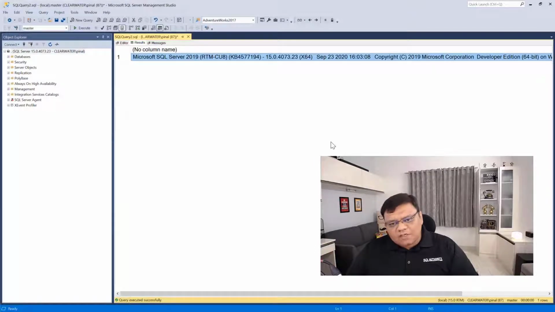Well, definitely I'm using Developer Edition, but that's very similar to Standard and Enterprise in terms of what I'm going to show you today. I know there are differences, and some perfectionists will say, oh no, they are not the same. Yes, they are not the same, but what I'm going to show you today will work the same way on them. As a matter of fact, what I'm going to show you today in the entire session is going to be the same all the way down to SQL Server 2008 R2. I've tested it myself, it works that way, and that's great.